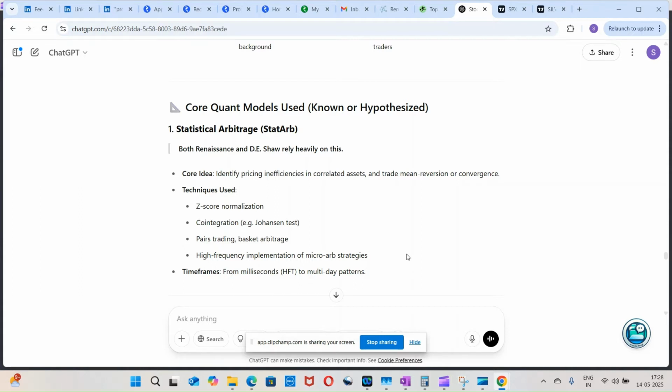Coming to Renaissance Technologies, it initially started with a mean reversion strategy, and it made a good amount of money. But when its mean reversion strategies started failing, and there was a limit on how much could be traded in the commodities market,